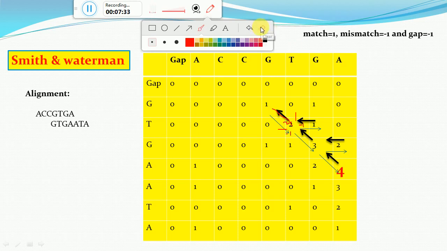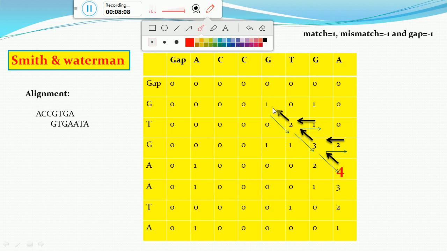So likewise, this whole matrix has been filled up, and the backtracing arrow I have described in the previous video, how to put the backtracing arrow. This backtracing arrow has been put up, and the biggest value is +4. So we will be backtracing it to its origin, or towards the 0. So from 4 we will start in this direction, from here in this direction, from this value which we have got from this cell. So we have reached this cell.